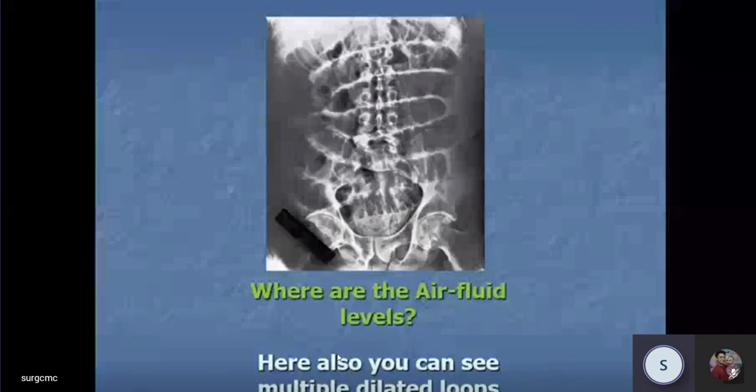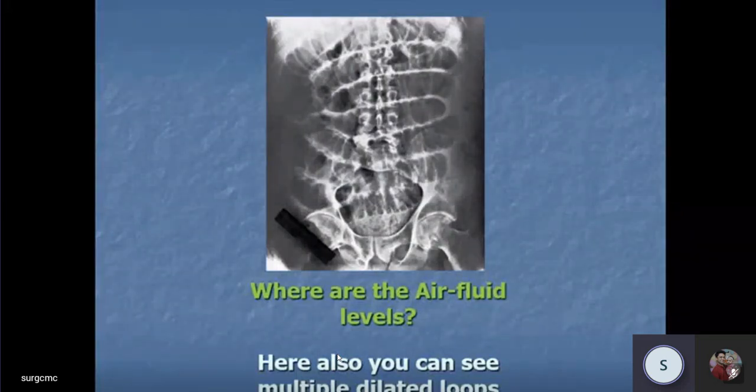Suppose you take a patient. No, you're going into something difficult. I always told you, think of the common things first. A plate is taken in supine posture. The patient was too sick to stand. In a supine posture, you will get only dilated loops. Come on, let me answer first. It's a patient X-ray taken in a supine posture. You cannot get air fluid levels, only dilated bowel loops.